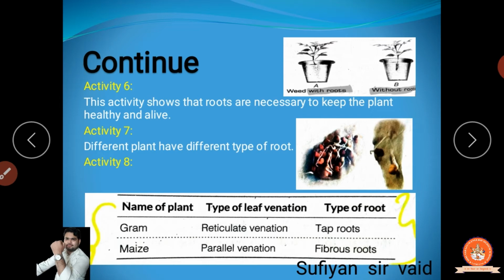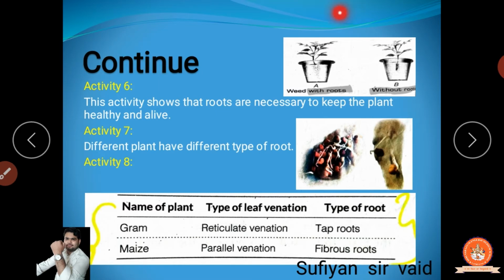Now for that, let us consider some activities. Over there we can better understand the use of these roots and how they benefit us. From roots we are getting food, and from particular roots we are getting a support system. But another thing is how we can identify them. Let us look here at activity 6.